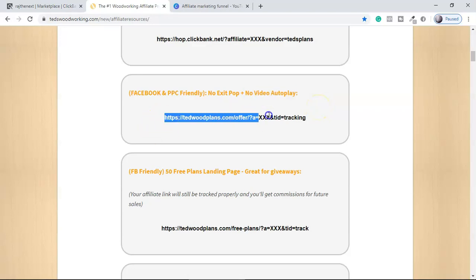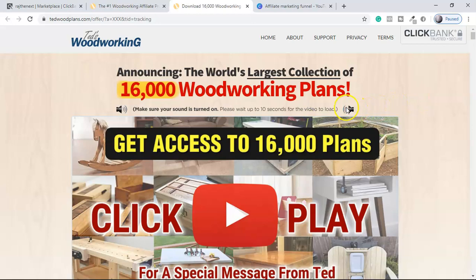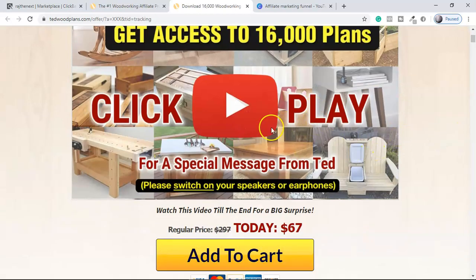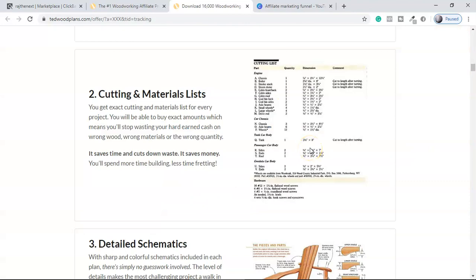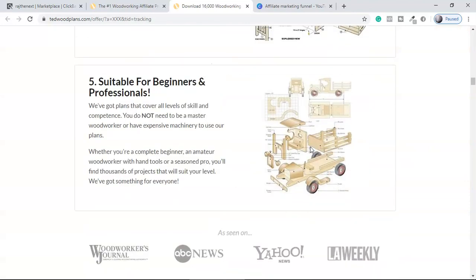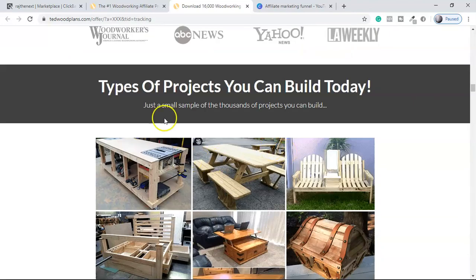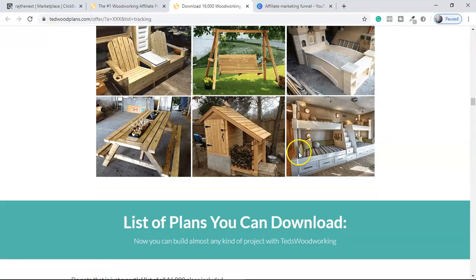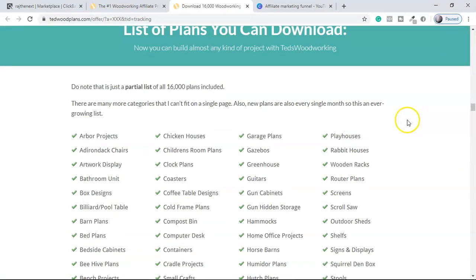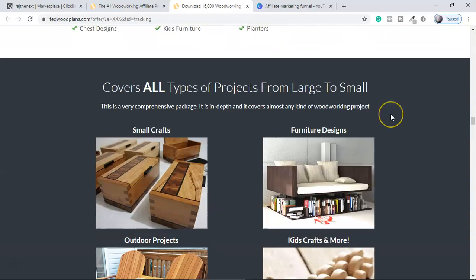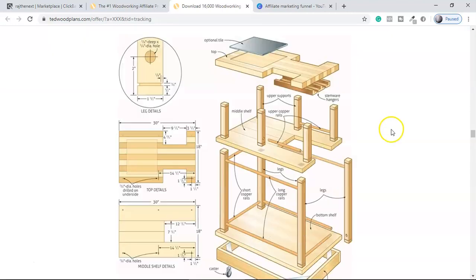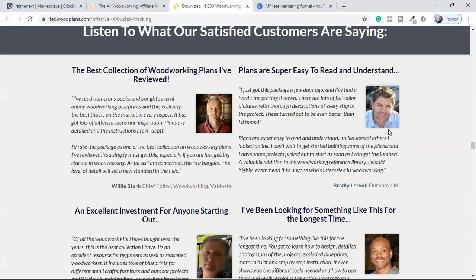So let's open this, let's see this, guys. So this is their sales page, and here you can see there is no autoplay or any kind of pop-up. You have to spend a little bit of time on this sales page also, guys, because you have to see all these things, because this will give you a lot of ideas to create your landing page, because your landing page and your offer page should have relevancy. Otherwise, guys, Facebook is going to disable your ad, or if you're running with Google ads, they are not going to run your ad. Okay, so relevancy is the key that I'm going to show you in a second.